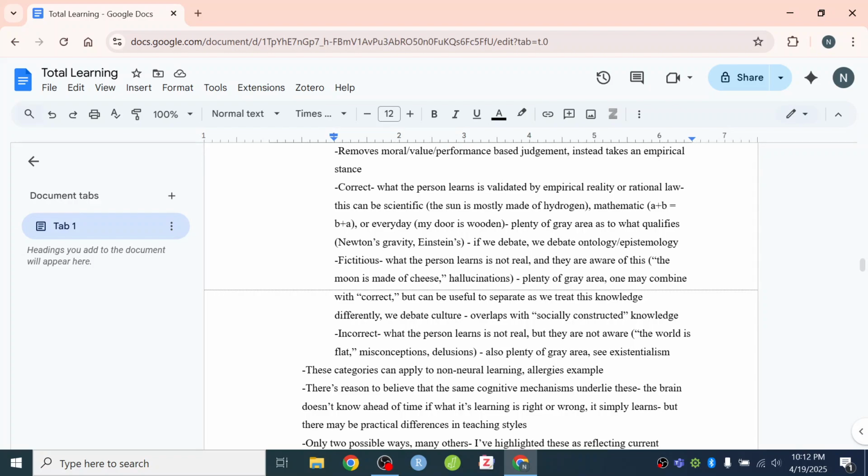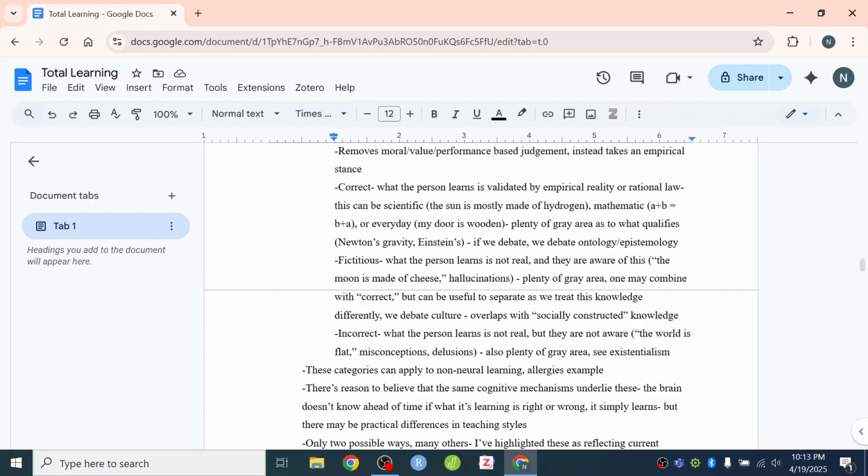This is why perhaps the total learning framework, saying, look, here's all the learning that's being done, and we're going to separate into categories after the fact, may be more accurate and maybe more of a useful interpretive lens than saying, look, you only have learned if what you've learned is validated by empirical reality, otherwise you have a misconception. Because really the person who has the misconception does not know they have a misconception. To them it's a conception. And total learning makes that point a little bit clearer. Again, more on that later.